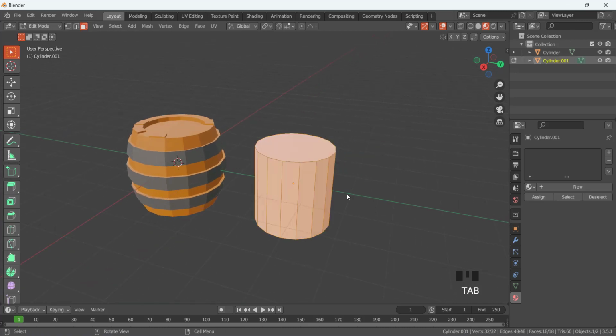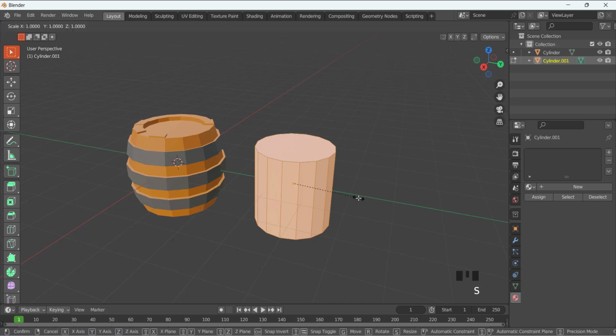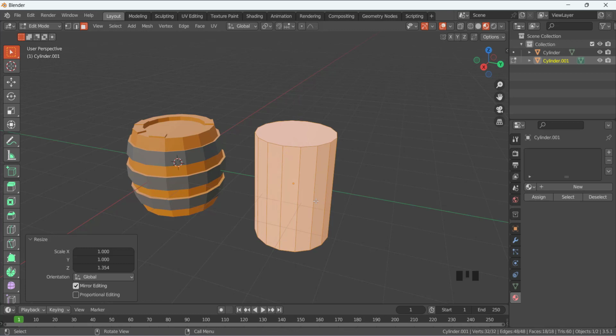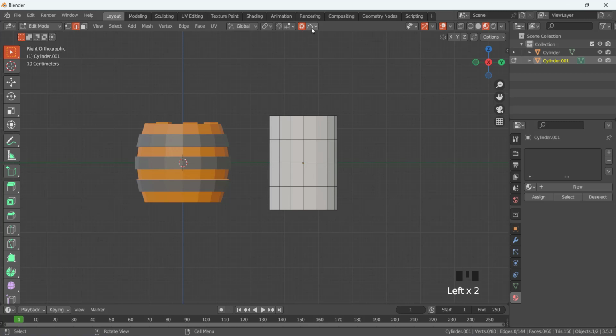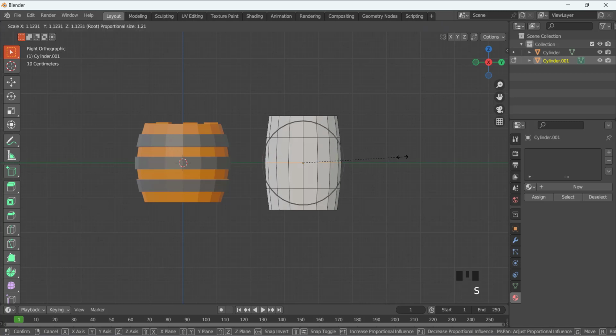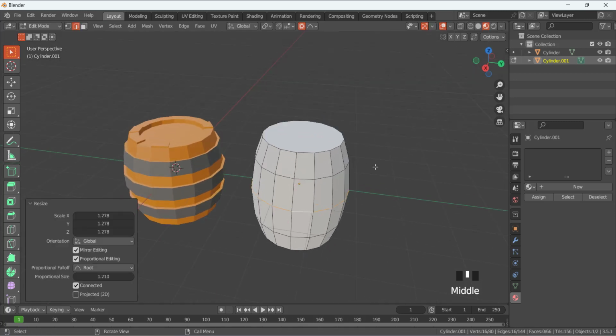So I'm going to press tab and S to scale and scale it in the Z direction, then lock it with Z like that, and Ctrl R to add these loops. I'm going to add 3 loops and press 1 3, so you are in the right side view. So again proportional editing and make sure root is selected. Select these complete edges by pressing alt and S to scale like that. Okay,